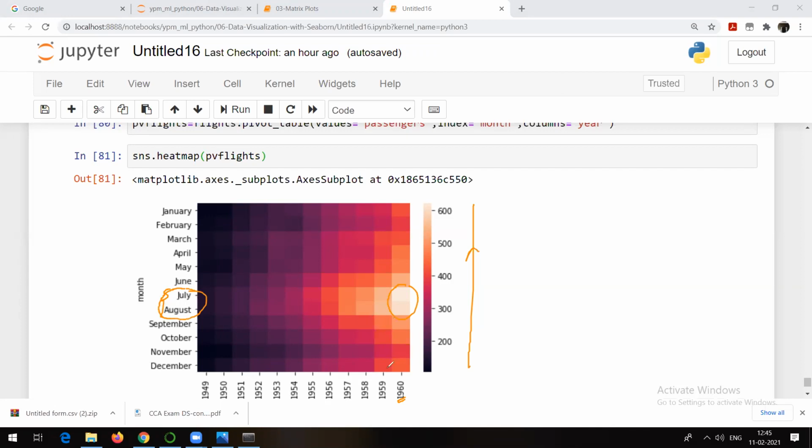But you can check that 1959 and 1960 are the two years where most of the passengers traveled. And obviously, as 1949 is starting here, that's why this number is going to increase like this. Other things you can also notice with the help of this graph. July and August are the months in which most of the passengers traveled with the flights, and 1959 and 1960 are the years in which the maximum number of passengers traveled.